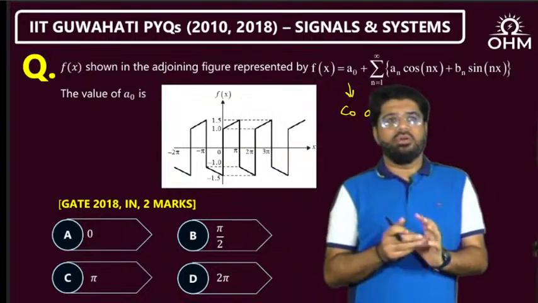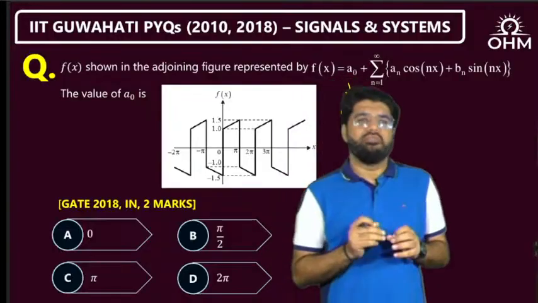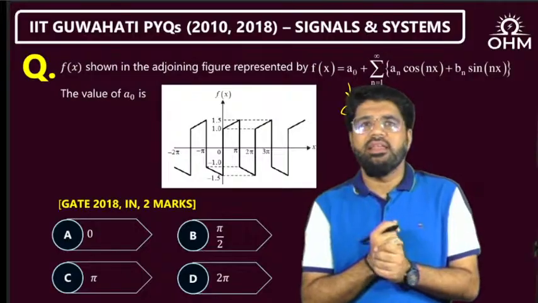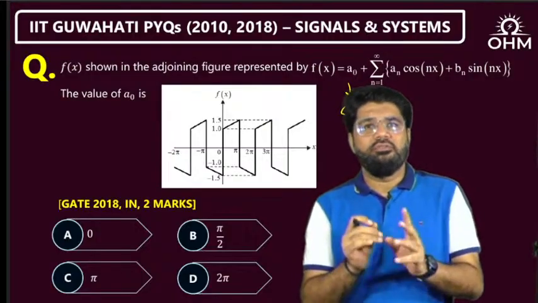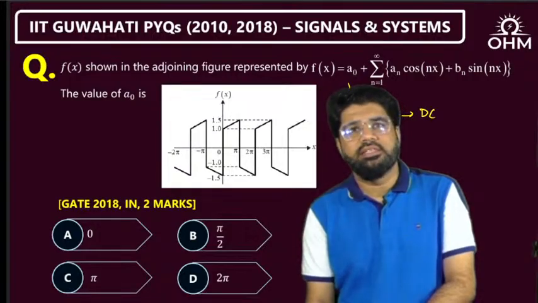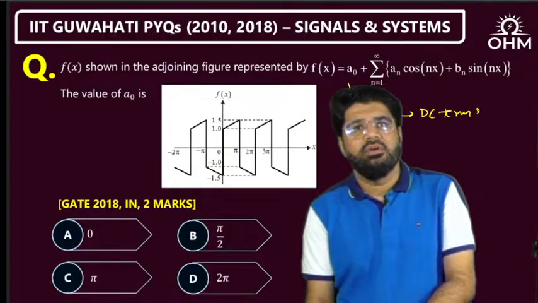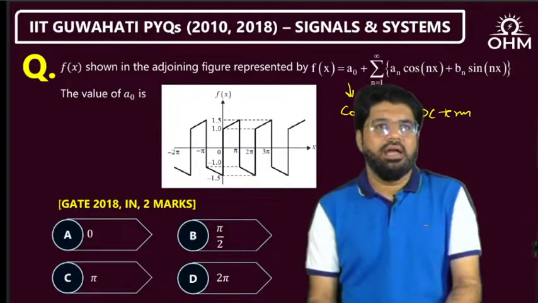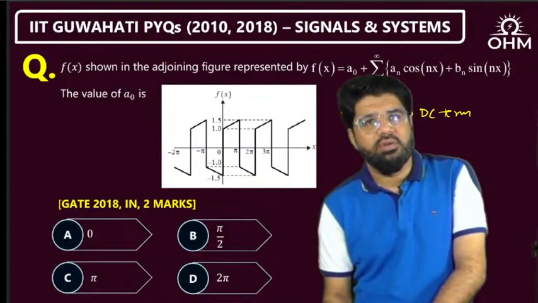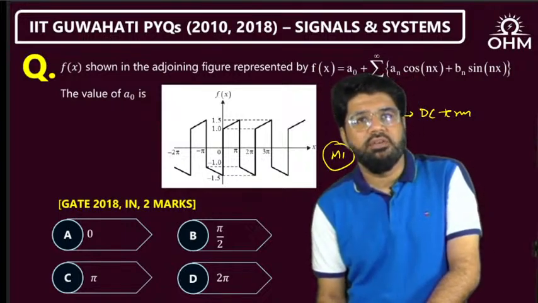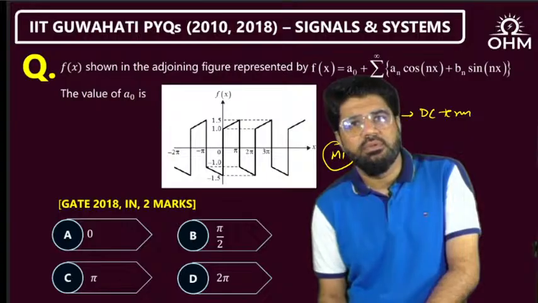GATE 2018 instrumentation 2 marks question, very simple for 2 marks. Why? See, there are two methods now. If you have to find A naught, C naught, or A naught by 2, which we usually call the DC term, there are two simple ways. I'll tell you both the methods here. What is my method number 1? If you have to calculate the DC term,